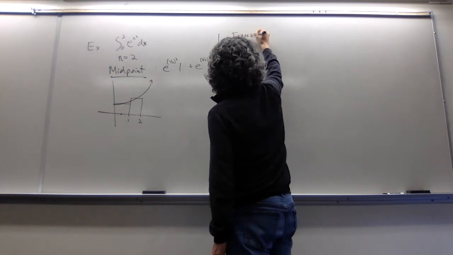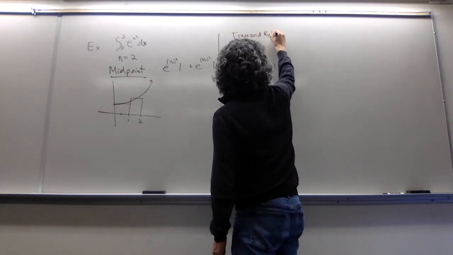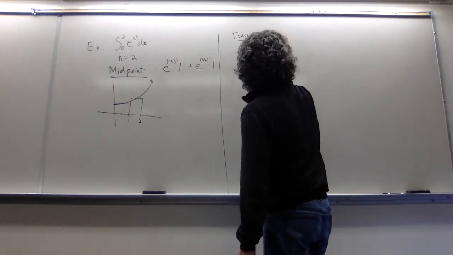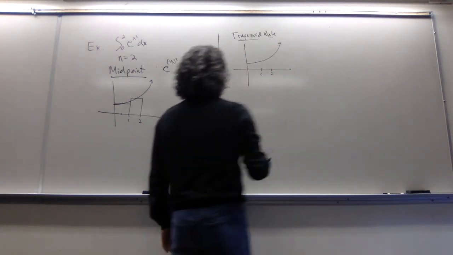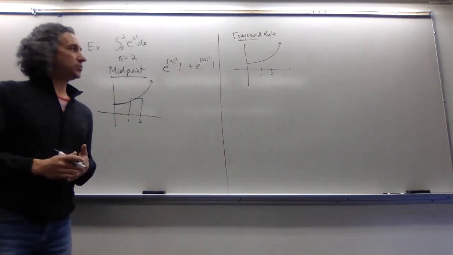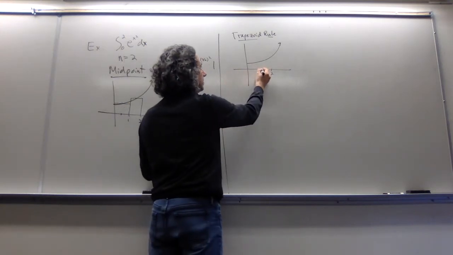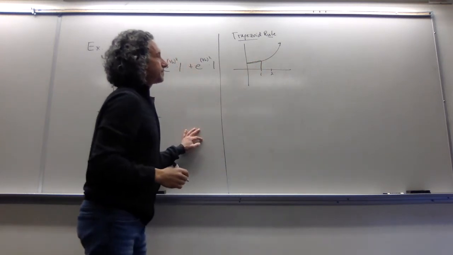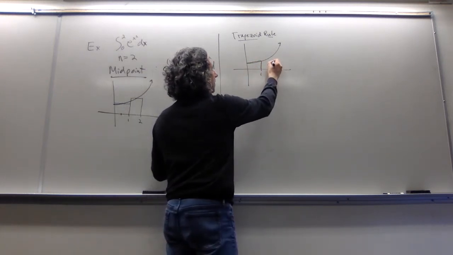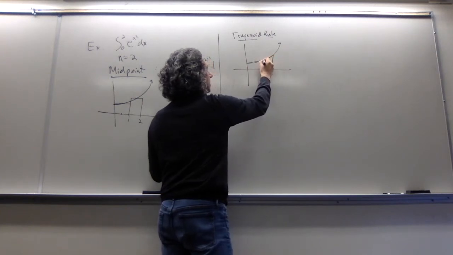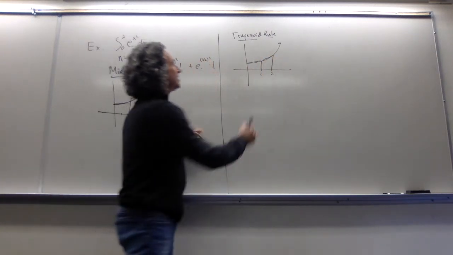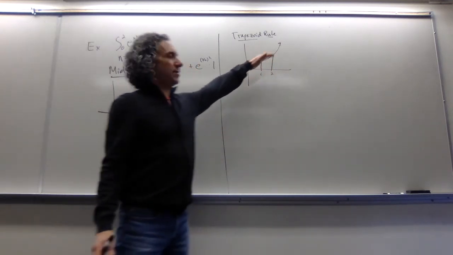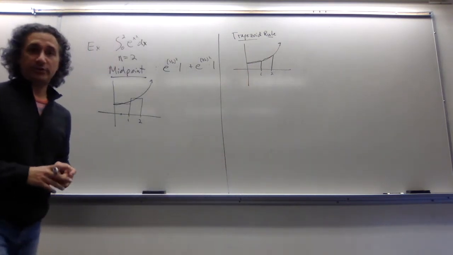So the trapezoid rule, once again, does pretty much what it says it's going to do. So what we're going to do is we're going to draw trapezoids. So instead of a rectangle, what I'll do is I'll connect here and then draw a straight line back. So up here and then a straight line back. Well, as straight as it goes. So that's a trapezoid, and that guy's a trapezoid. So hopefully you realize that that looks like a really close fit to the curve that I drew.